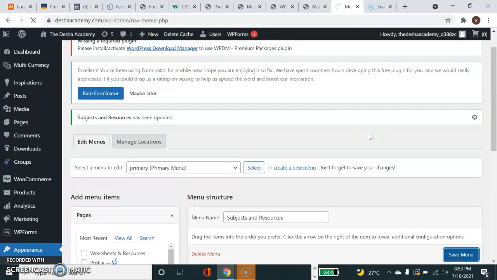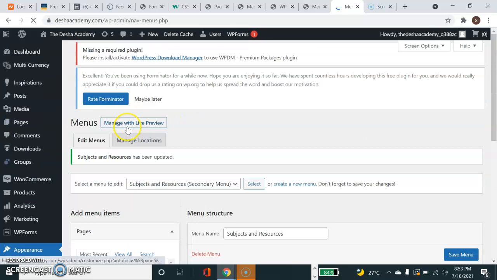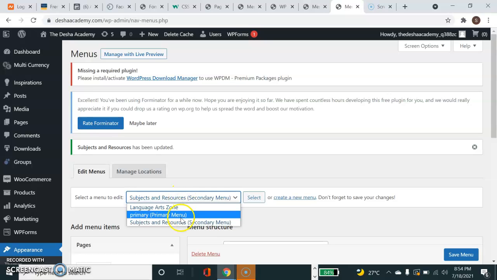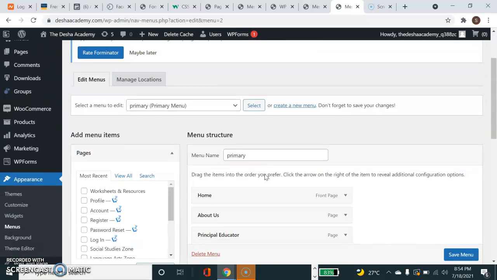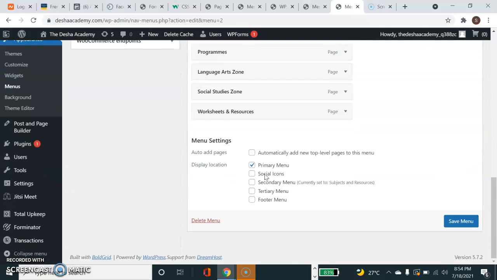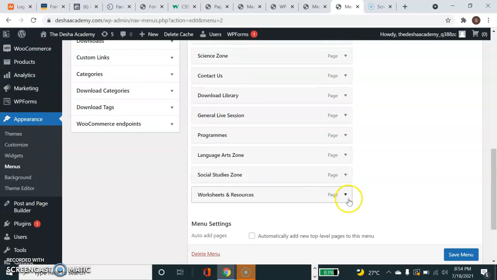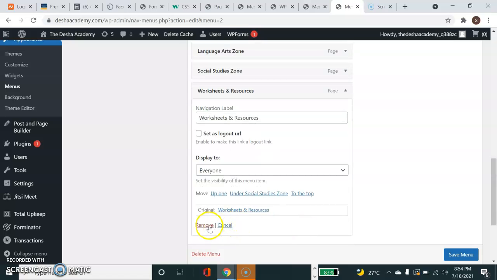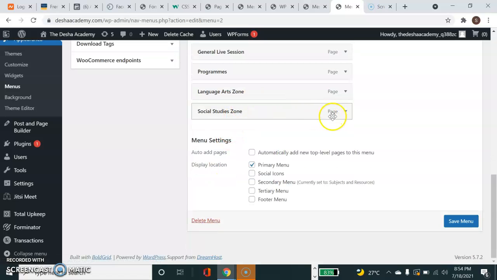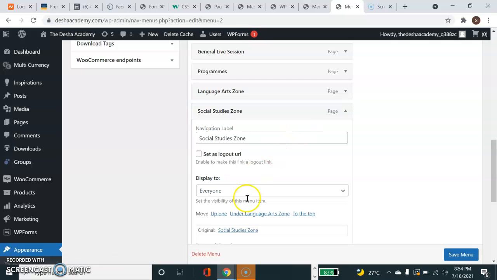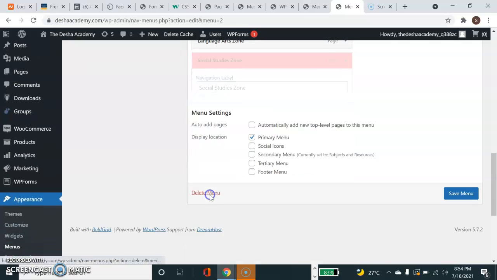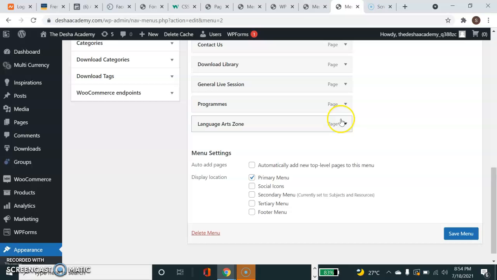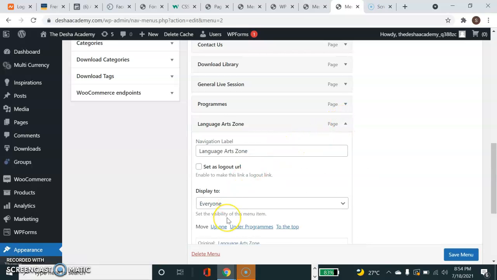All right, let's see. So now I want to go to primary menu. Click there. Click select, and it's going to bring out the whole long list there, right? So we don't want all of this because we moved them to another menu. So we could just open them and delete them. So all your zones, remove them, remove, remove,